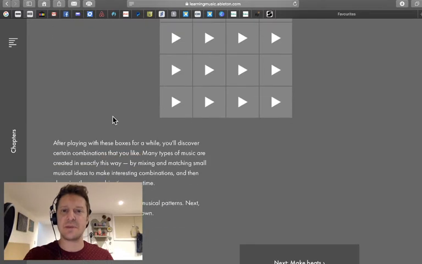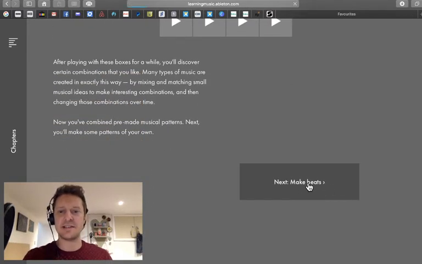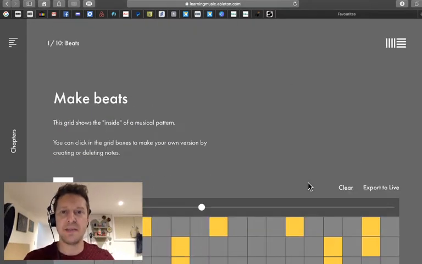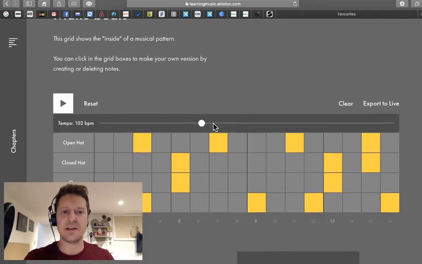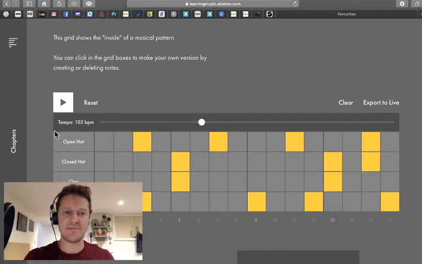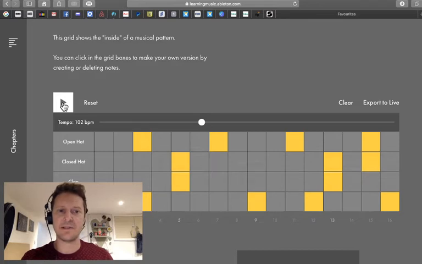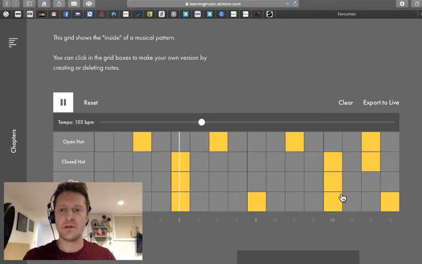So what else is in this website? If you scroll down, it takes you to the making beats section. This explains how you can make beats. For example here, if I hit the play button, the cool thing about it is you can actually edit the beat as well. And then you can even export it to Live. So by clicking on this,